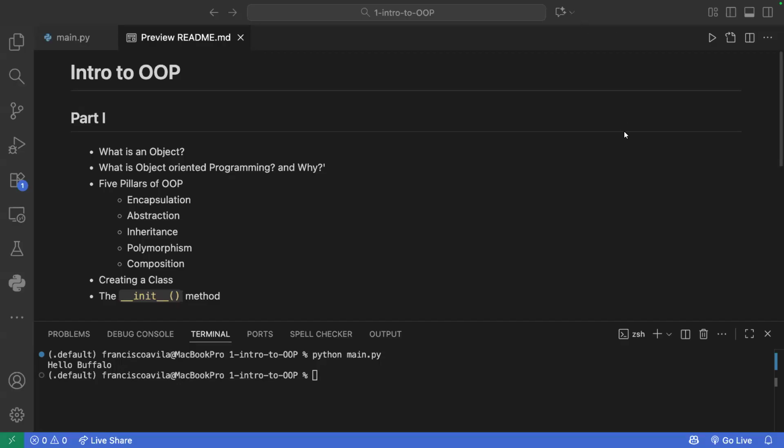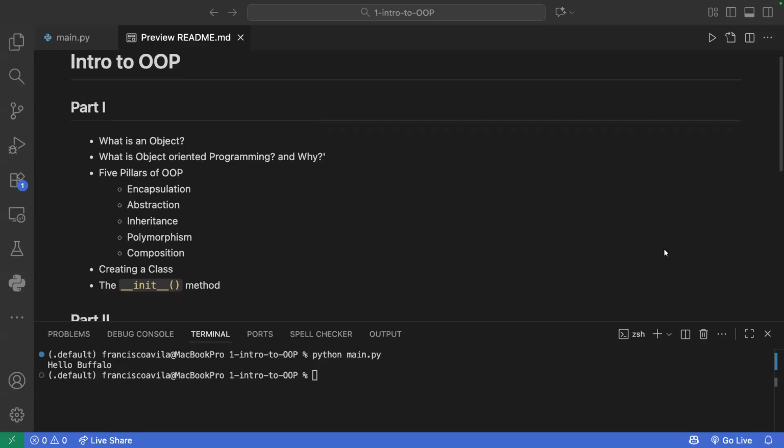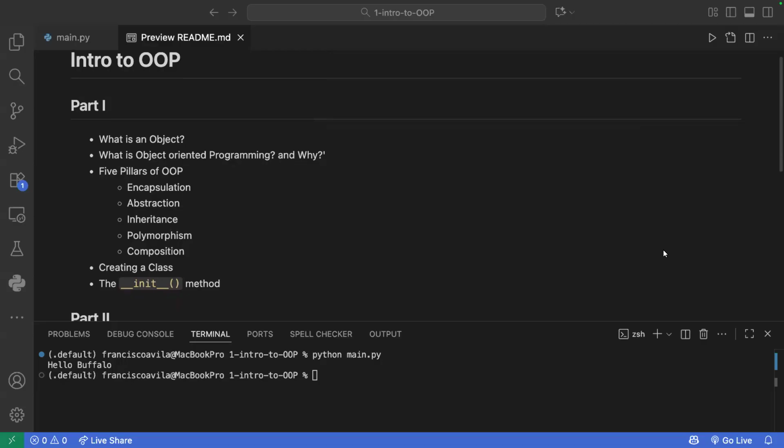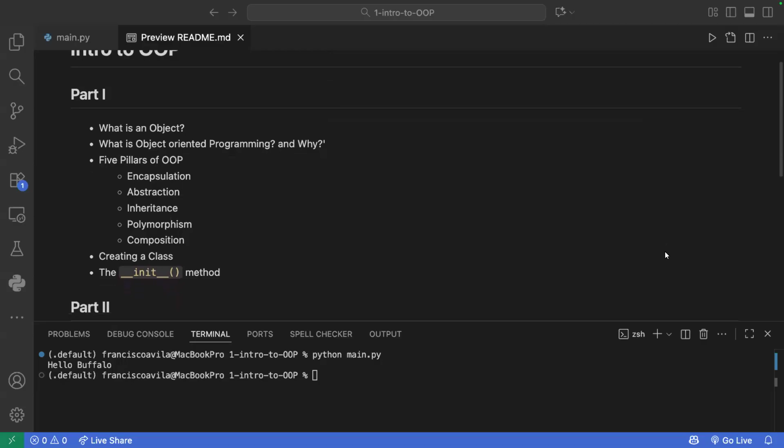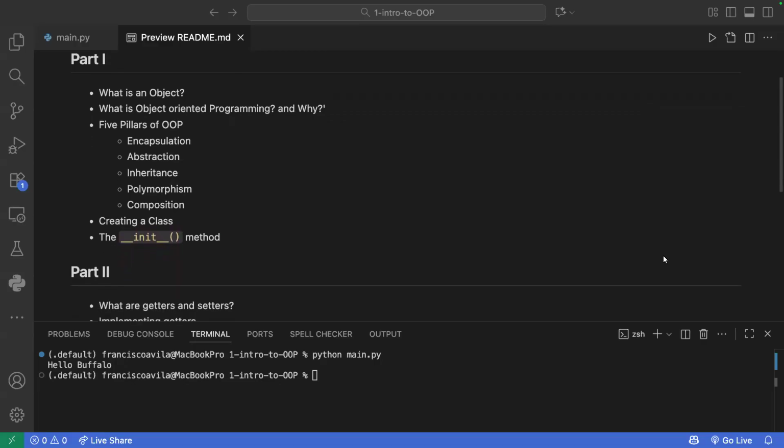All right, welcome everyone. Today we're going to be talking about object-oriented programming. In part one, we'll be covering what is an object. We'll talk about what is object-oriented programming and why object-oriented programming came about. We'll talk about the 5 pillars of OOP, how to go about creating our first class, what the init method